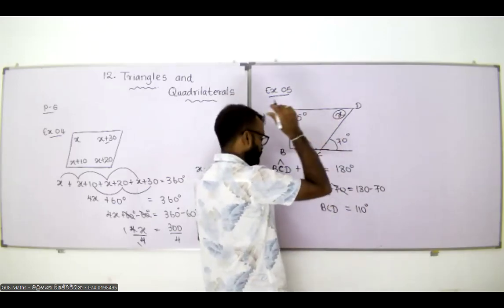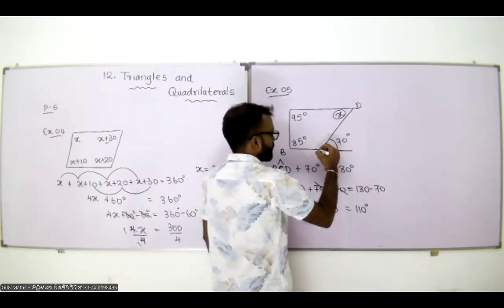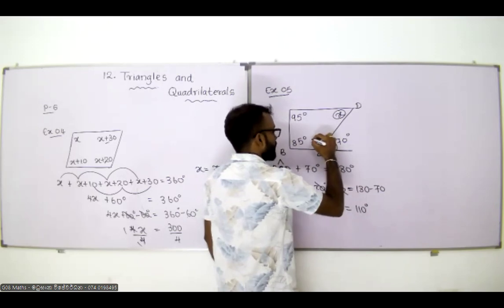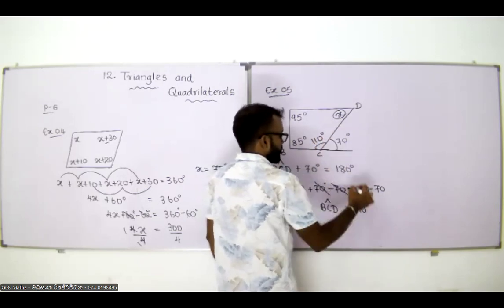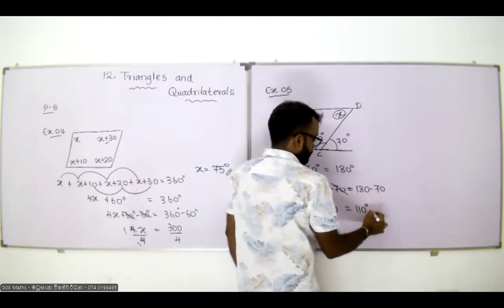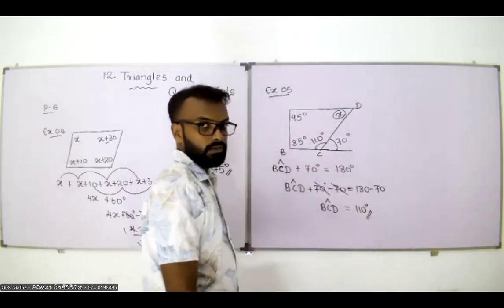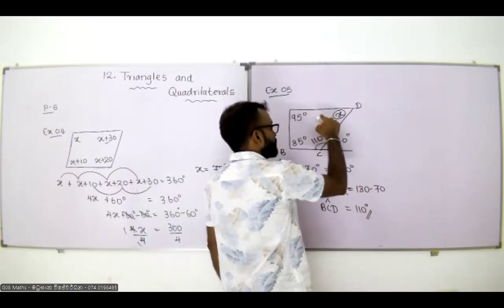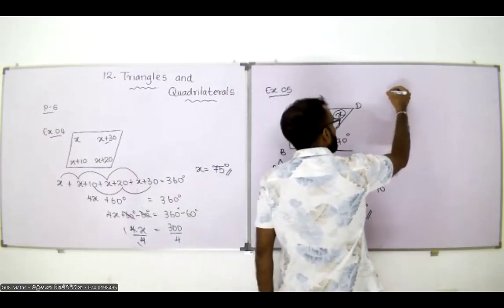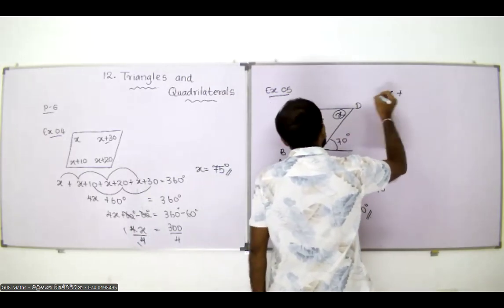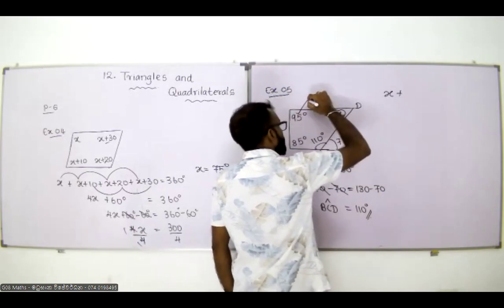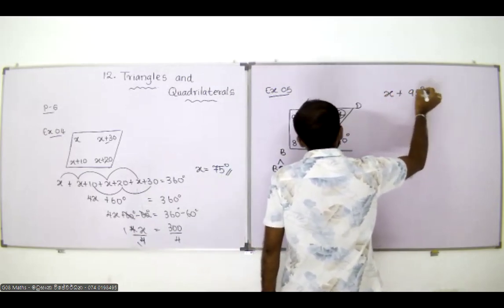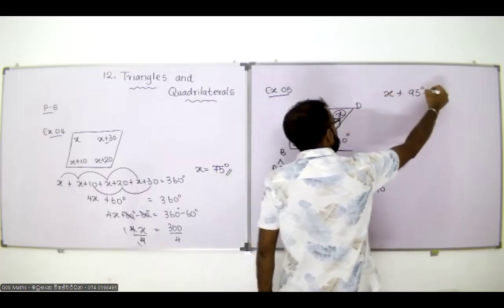Well, let's see what is the value of x. Now you know the value of this BCD angle. BCD angle is 110. Now you have found that. Then this is a quadrilateral, you have to find x. So you know what to do. X plus 95 degrees plus 85 degrees